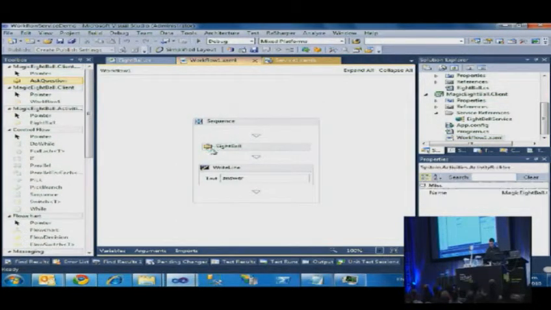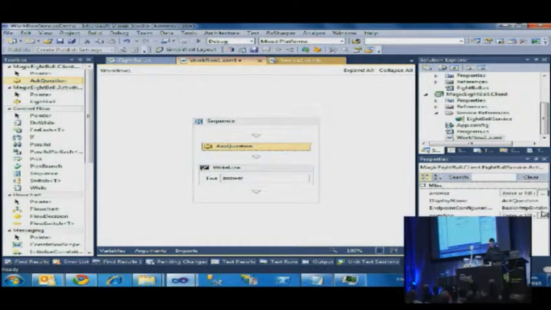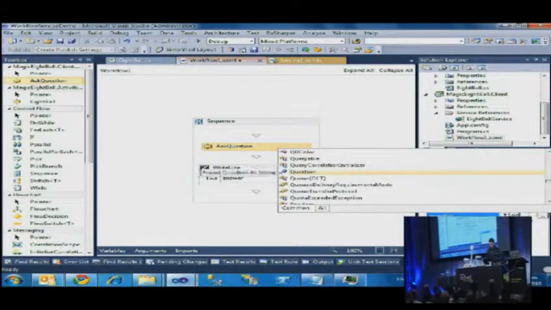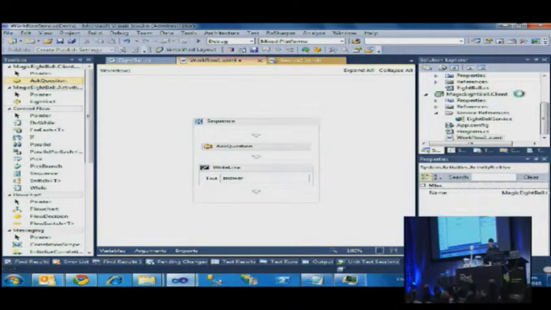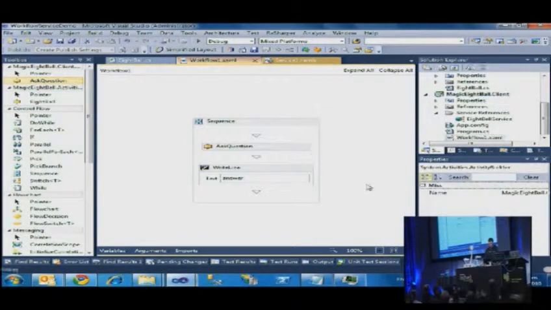So open it up. We've got our 8-ball activity. You can get rid of that. We're now using the service. Thank you very much. Ask the question, bind up answer to answer, and question to the question argument that we're sending in. I said this is the startup project. We should now see